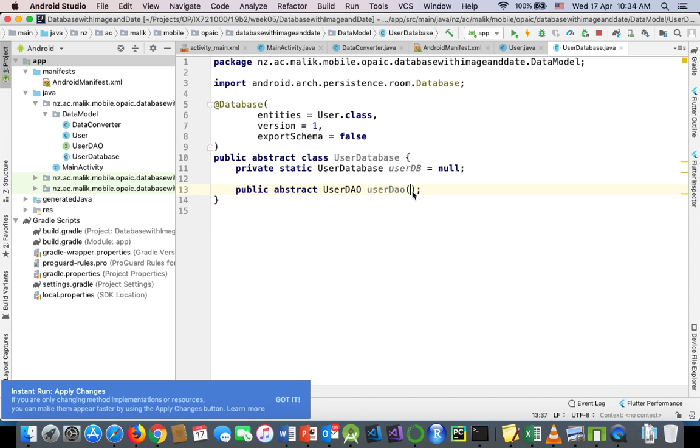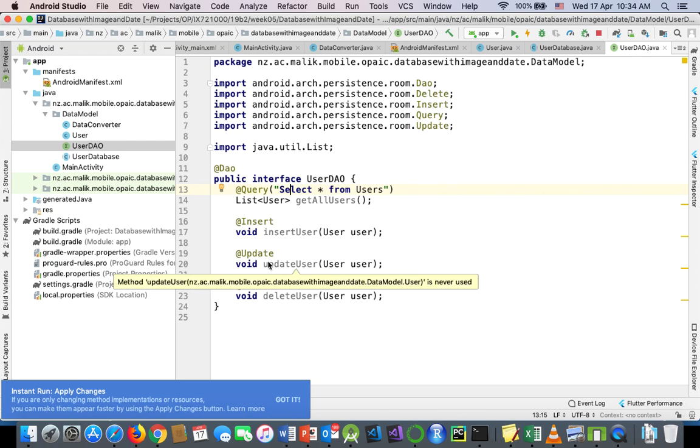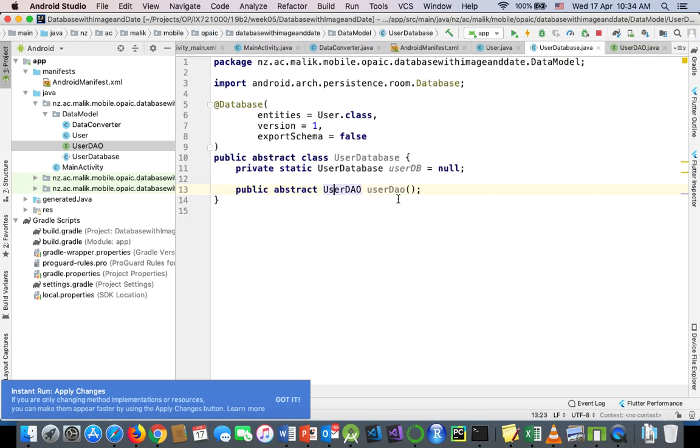It does not take any input, but it will return me the DAO object that we have here. It will return me that object because all those methods have been defined inside this object, and then we use that object dot getAll, dot insertUser, dot updateUser, dot deleteUser. We go to that particular UserDAO object to call these methods. Understand? And then, of course, we need to create that specific